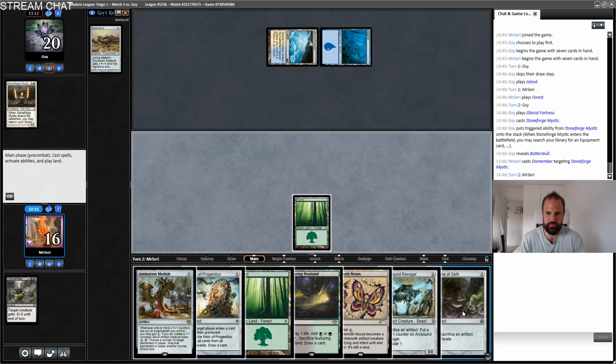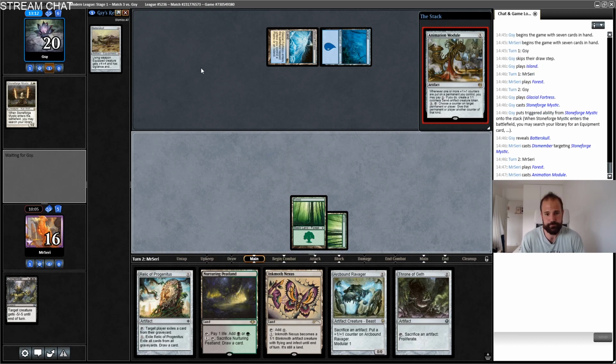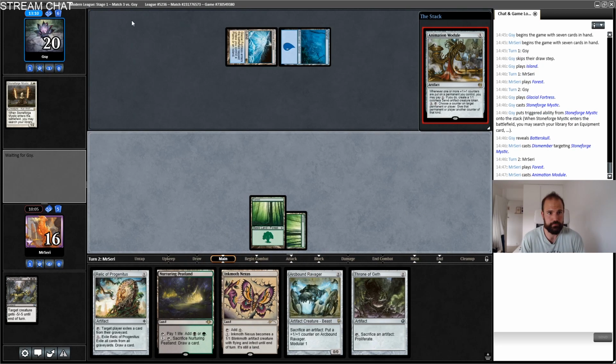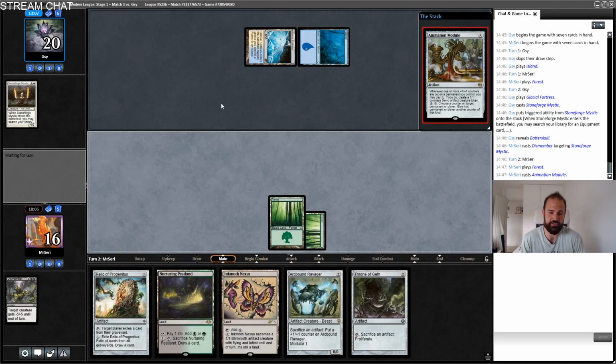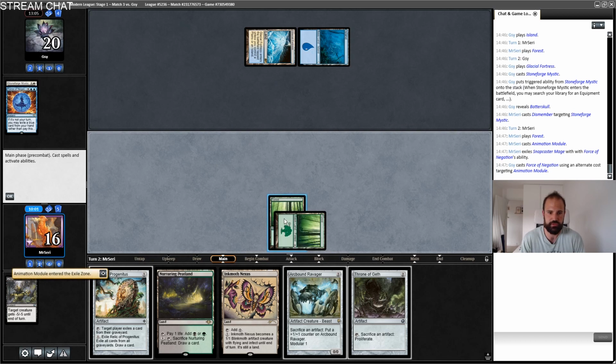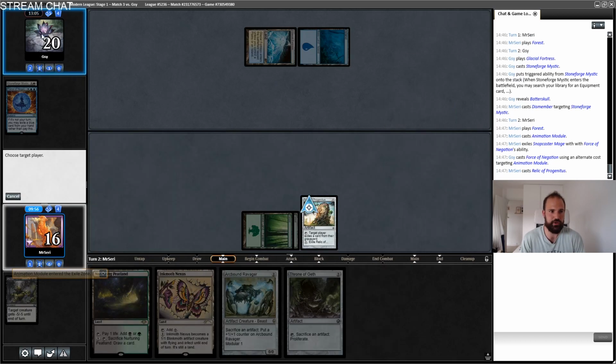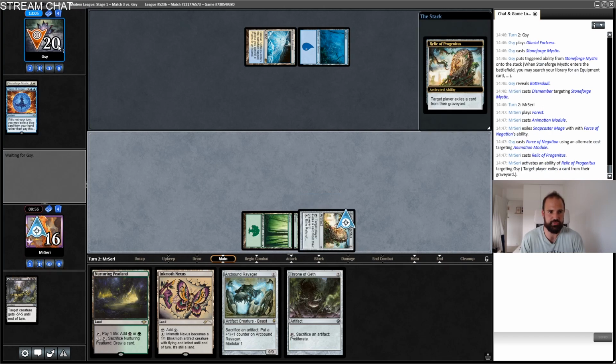So here we got Throne, we have Animation Module. I'm gonna go ahead and play the... I'm gonna save this for now. I'll play another Forest, play an Animation Module. They could have Force of Negation, that's true. They do. They exile a Snapcaster Mage. That's almost okay, it's not the end of the world. And then I always like to exile their cards as soon as possible, so